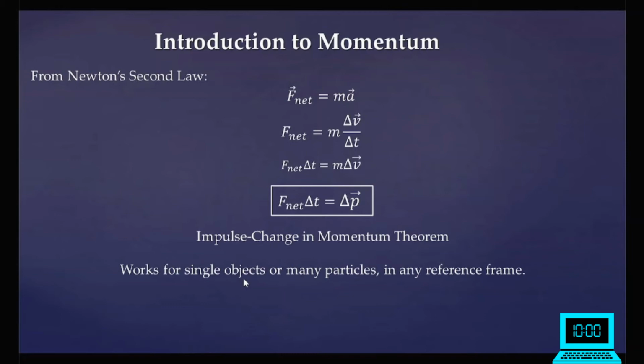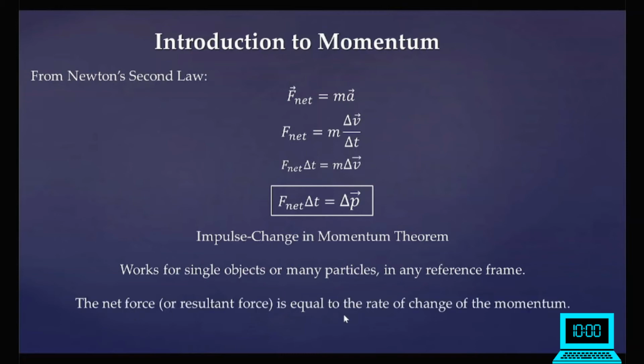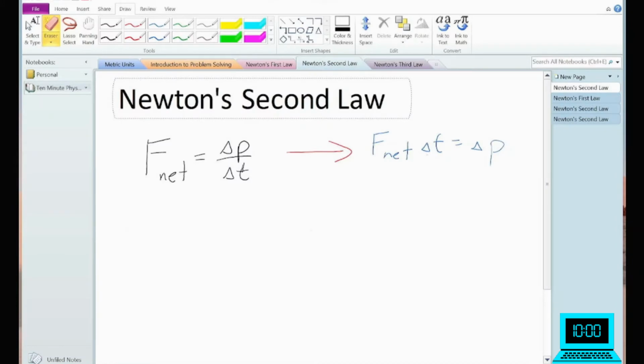And this will work for single objects or other particles, doesn't matter what reference frame. So the net force is equal to the rate of change of momentum. The impulse is equal to the change in momentum. And we've gotten the difference by moving that delta t up to multiply by F net. Now we've rearranged this equation, we're going to look at what happens if we've got a